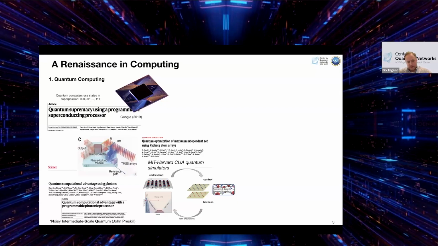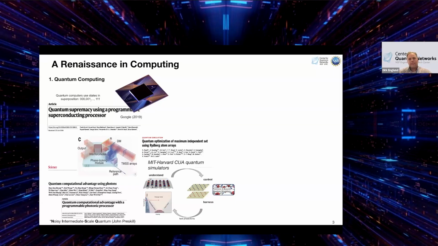And you may need error correction, entanglement distillation, and other methods to make these links very high fidelity. If you have that, then it becomes possible to improve the performance of two separate quantum computers beyond the sum